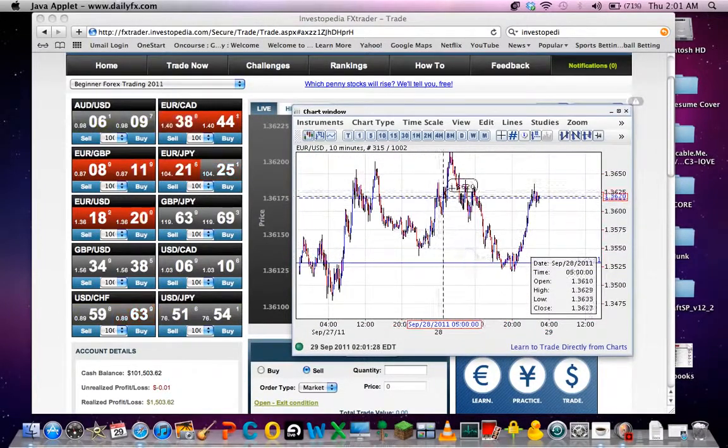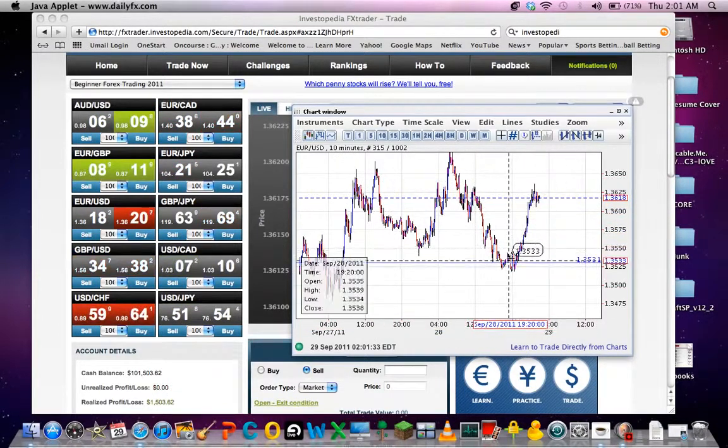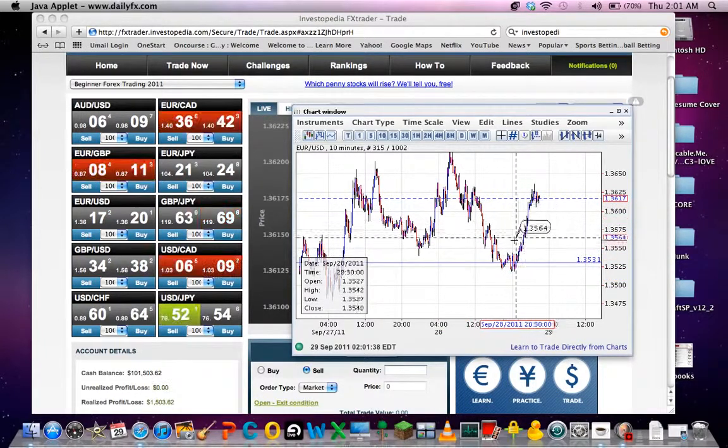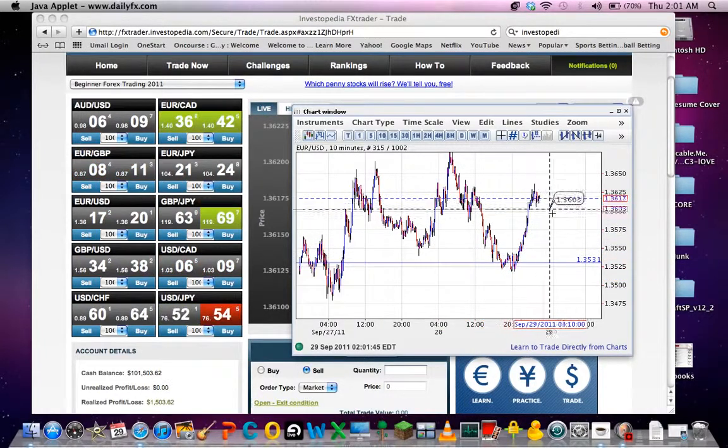So here's a pretty simple trend that's going on. It's clearly going up and down, up and down, up and down. So when it's going up, the euro is appreciating against the dollar, and then when it's coming down, the euro is depreciating against the dollar. So here it looks like it just made a pretty strong trend up, and then it should be breaking at this